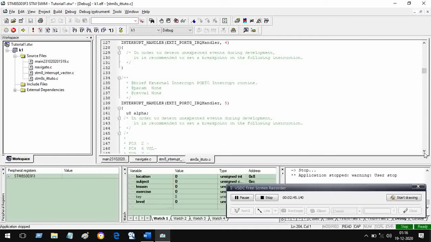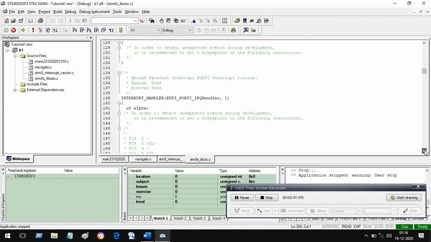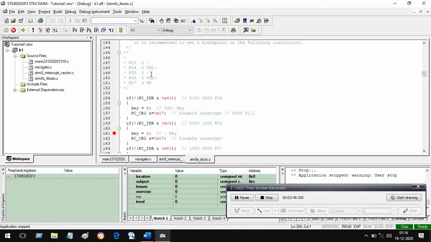Here we have 5 keys. They are connected to PC3, PC4, PC5, PC6 and PC7. These are the 5 keys, and out of these 5 keys I am going to show you the working of this key connected to PC3, key number 2, then key number 3, which is previous, this is next, this is previous, and this is up, key number 4.